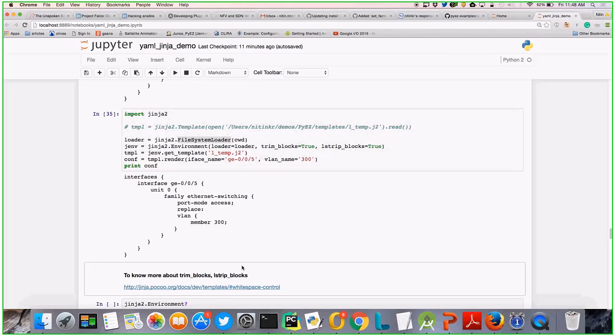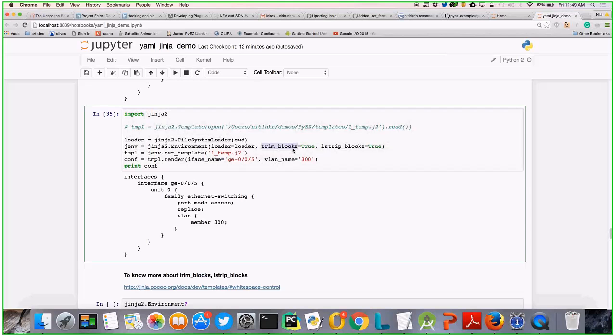I have seen cases where the same Jinja has multiple templates, and based on the arguments which are passed, they take the particular block. I'll come to that. So all those things that we call inheritance in a programming language are supported here. And the one thing people start looking for is, can I do coding in a template? You shouldn't do that. A template is just for templating. You shouldn't start writing your code inside that. There are a few things which templates provide, but you should be careful in writing your code.